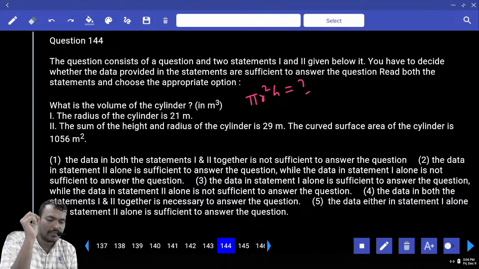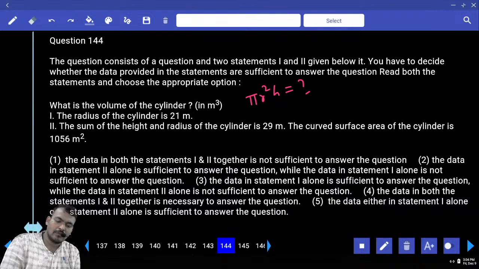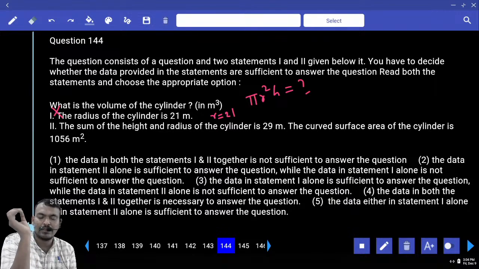What is the first statement? The radius of the cylinder is 21. Only r is given. Again we require the h value. Only 1 alone? Not sufficient. Second one: the sum of the height and radius of the cylinder is 29. The curved surface area of the cylinder is